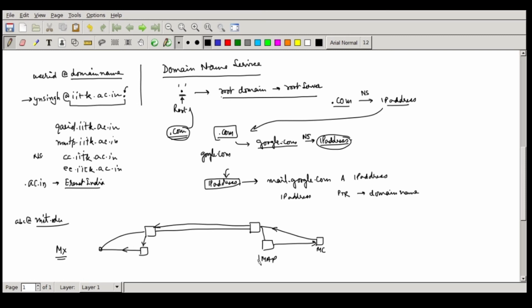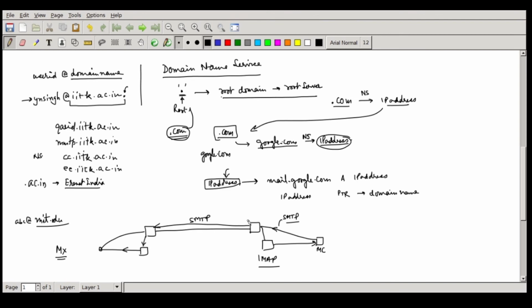IMAP is Internet Message Access Protocol. This one is SMTP. This is simple mail transfer protocol. So SMTP is also used here, but they do verifications of each other by using reverse zone entries. Okay, that's typically the way that things actually work. So DNS plays a very important role. It tells which is the entry, to whom I need to hand over the mail.